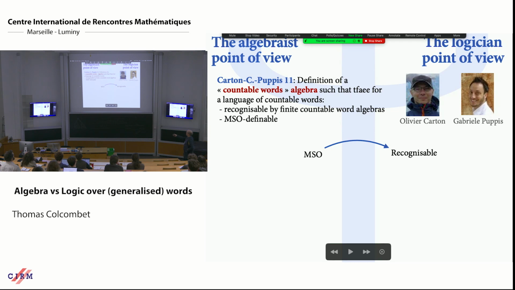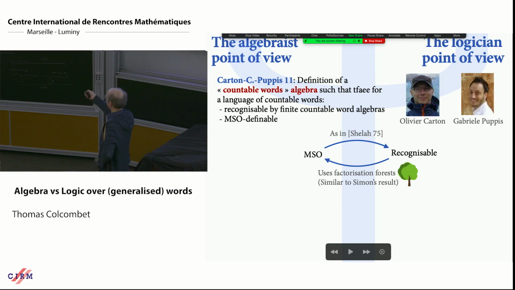So one direction is going from monadic second order logic to being recognizable, which means constructing this table of specific operations, and then there you just can follow the same track as Sheila. Maybe you present it differently, but essentially that's the same spirit. But in Sheila's paper, there is no way to come back to MSO. And in fact, coming back to MSO is absolutely non-trivial, because you cannot do like on finite words where you would just go from left to right and pass the whole thing, because you don't have an induction argument on the chains that look like the rationals.